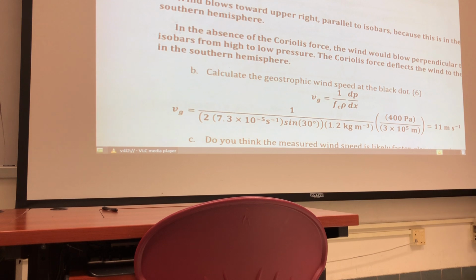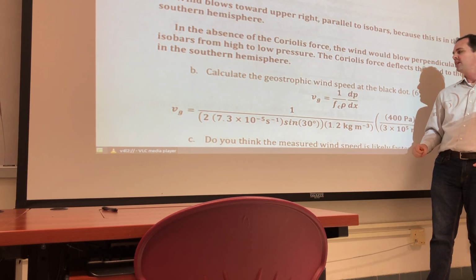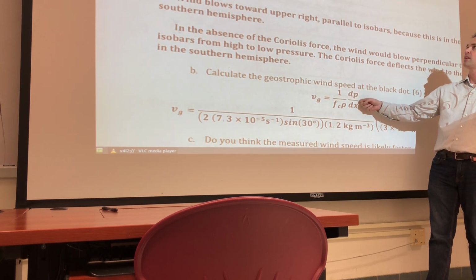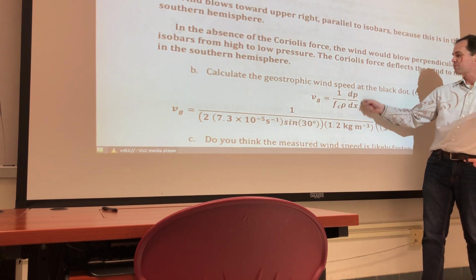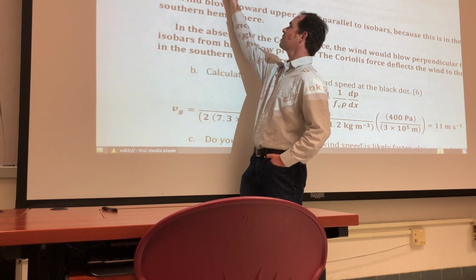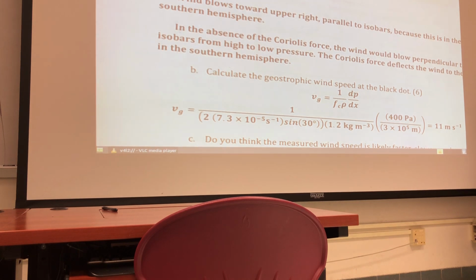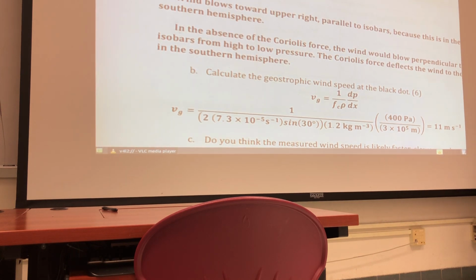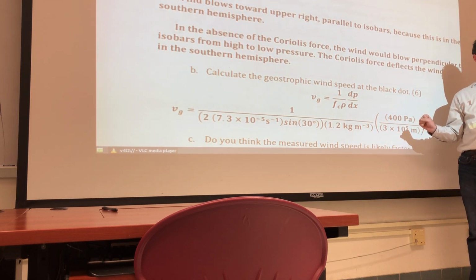Okay. So then the second part says, calculate the geostrophic wind speed. This was a matter of recognizing the right formula for the geostrophic wind speed. From there, I think the only tricky part was, well, first off, you have to calculate the Coriolis parameter, but then calculating the pressure gradient. So we have a change of 4 hectopascals over 300 kilometers. And from there, it was just a matter of putting the values into the calculation. So I don't want to rush over that if there are questions about that, but I hope that's clear once